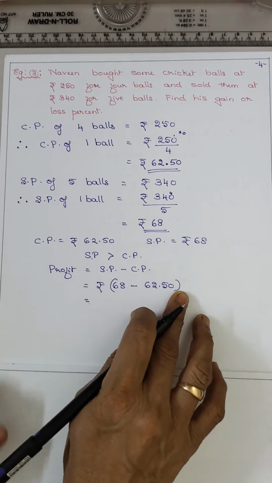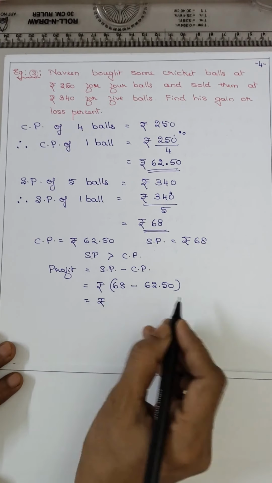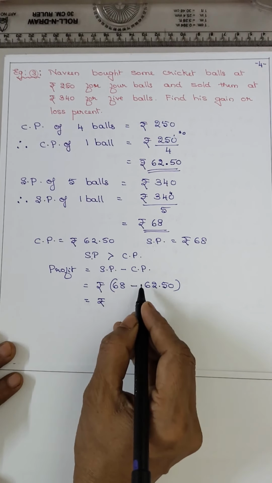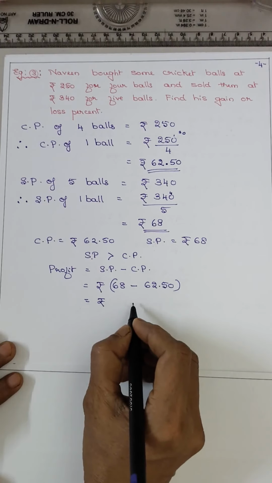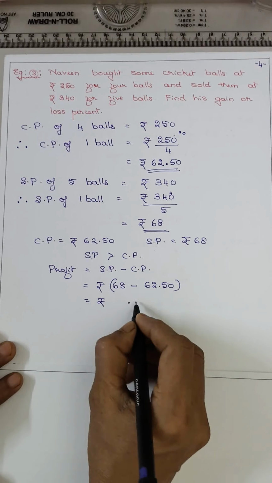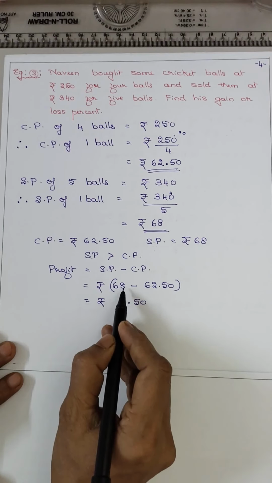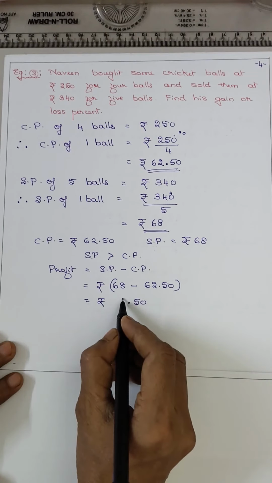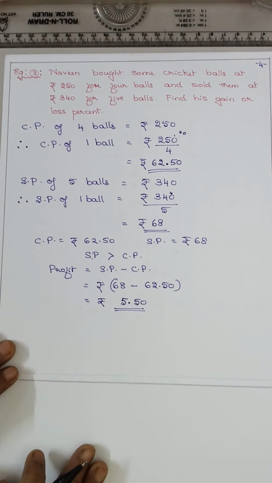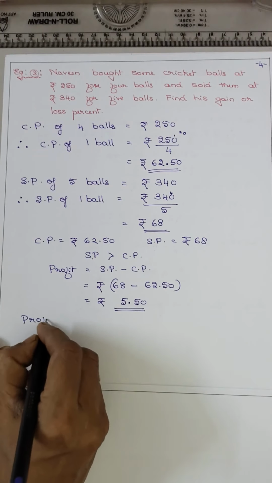Find out. It is rupees 68 means 68.00. Here 0.50 is there. So 0.00 means 100. Isn't it? When you borrow, it will be 100 minus 50, 50. Now here 7 is remaining. 7 minus 2 is 5. 6 minus 6 is 0. So you got profit. Now find out profit percent.